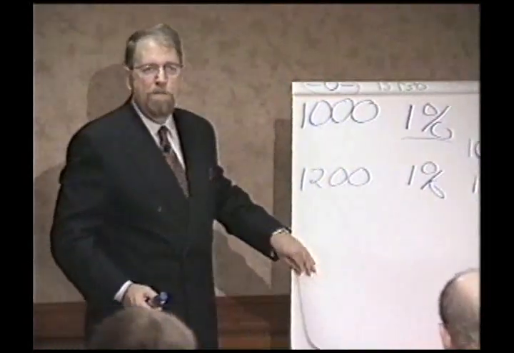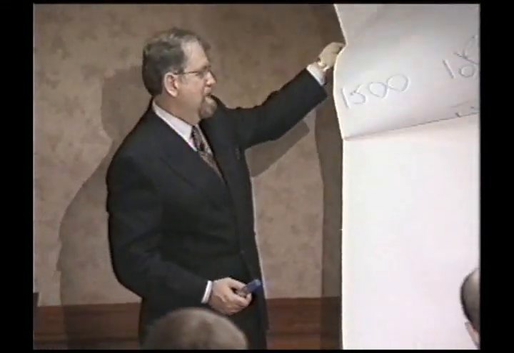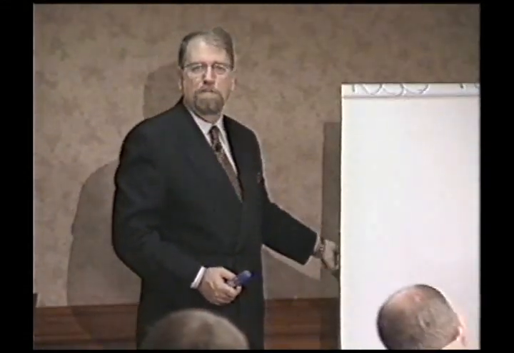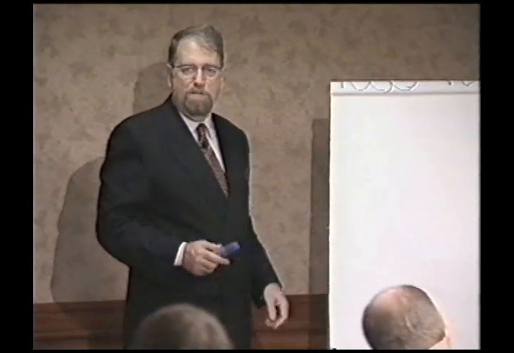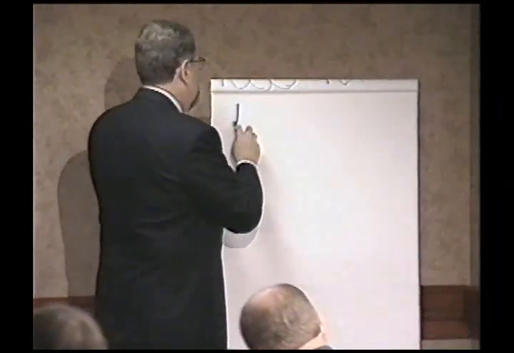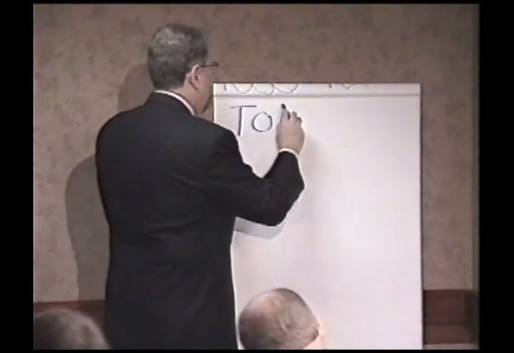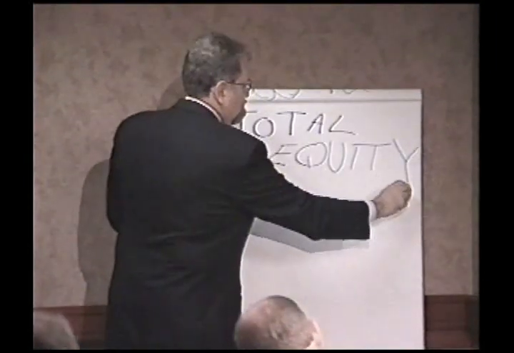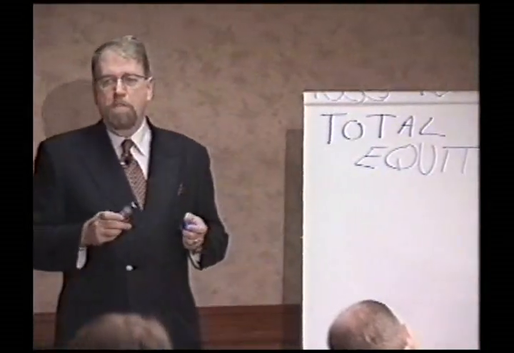There are 3 kinds of equity models. How do you determine what your equity is? There are 3 kinds of equity models. The first one is total equity. This means if you have, say, $100,000,